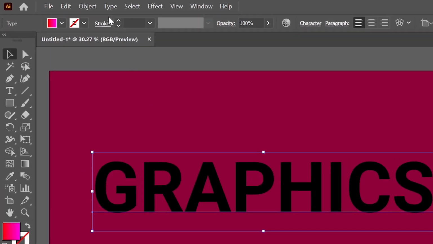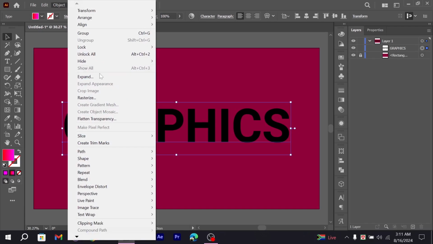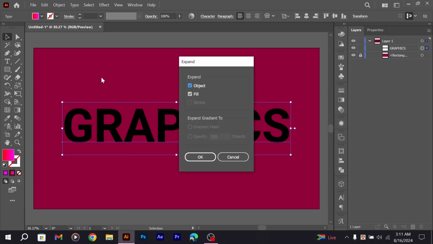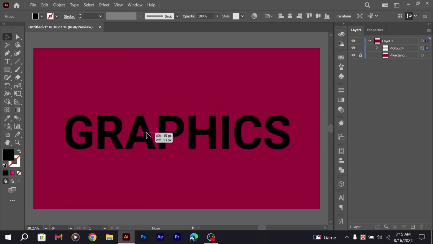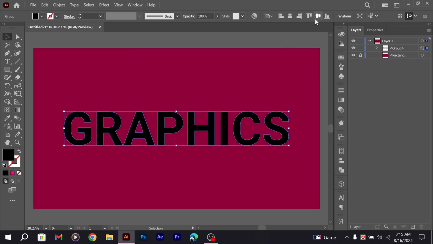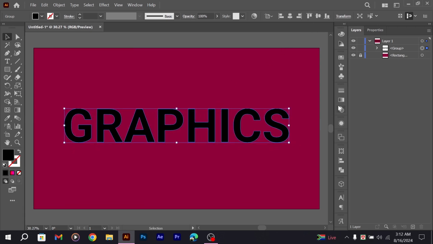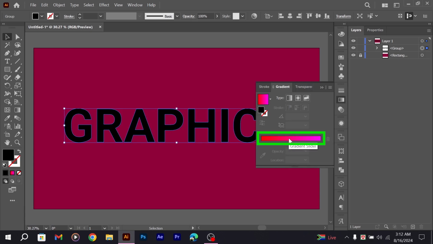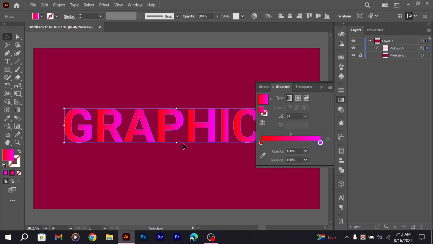So simply go to the object and select expand and make sure the check mark is on the box. Click OK. Now the text layer is converted to a shape layer. Now if you go to the gradient option and select the gradient slider, you can see the gradient is used in